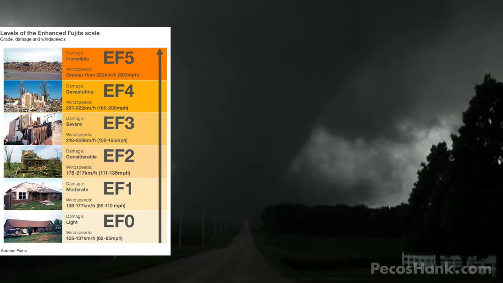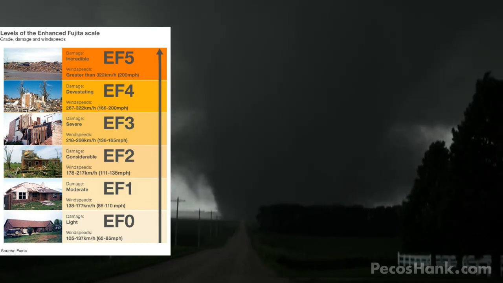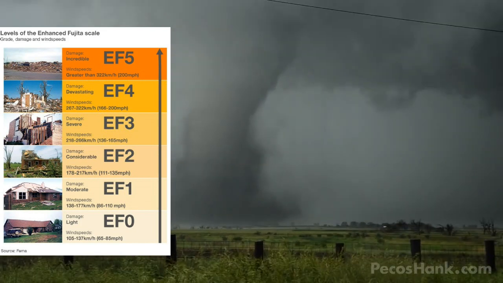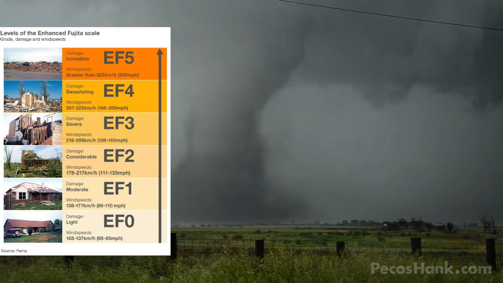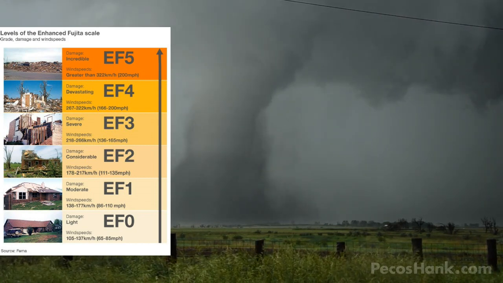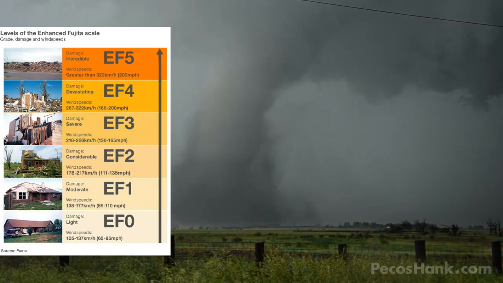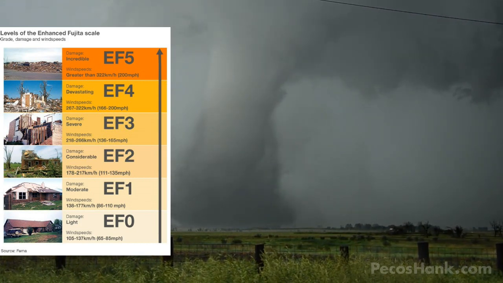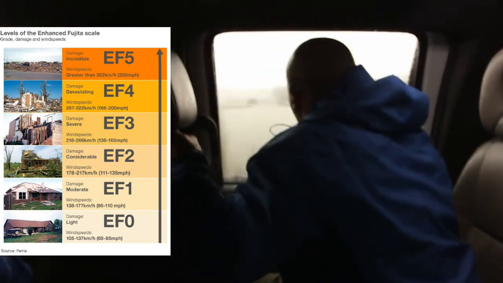EF2 creates considerable damage where you will have to either get your way out of a tree-lined area if that's where you live, or help neighbors. EF3, you don't want to mess with that. EF4, it's devastating. I wouldn't mess with that either. EF5, everything's just flattened. There's no more houses, cars, trees, or fields of green. It's just utter devastation. The winds are really high on this one, so I wouldn't recommend standing outside and trying to take a video of it, because you will likely die and get thrown around. Yeah, it's that bad.